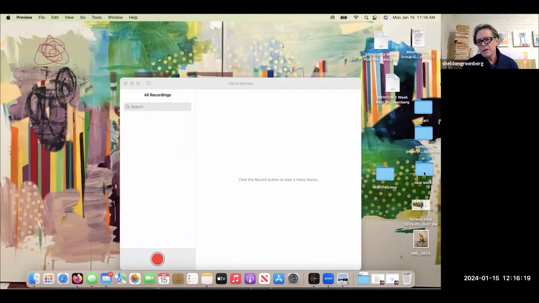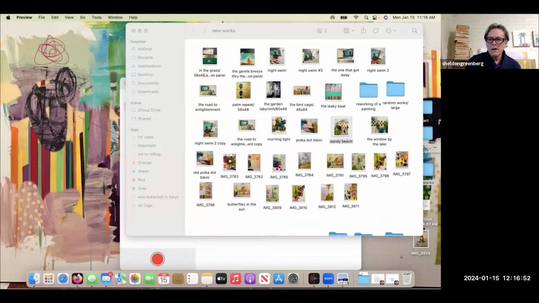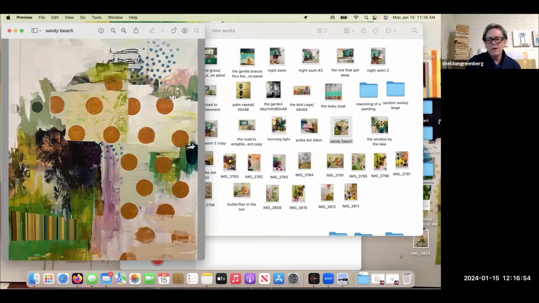So I can show you what I've been working on lately. And I have this fascination with pattern, and I've used pattern for many, many years. And the patterns that I like are dots and stripes. And so I have been using dots and stripes as a pattern, kind of as a foil to the rest of the composition. And all of these works that I'm working on right now are in nature and the environment. And so I'm using screen prints along with some other images, the dots patterns,